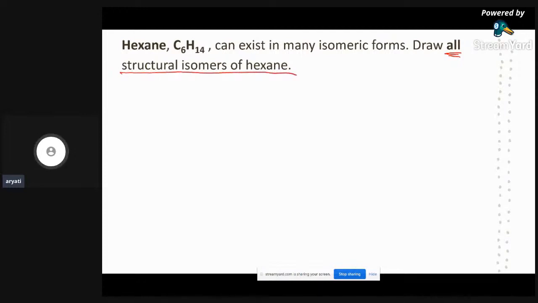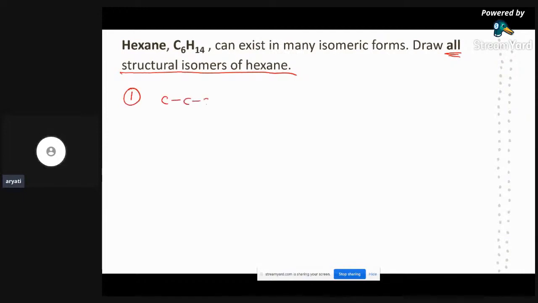So macam mana kamu nak lukis? Make sure kamu lukis ada 3 cara untuk draw the structure formula, whether you want to use the condensed structure, expanded structure ataupun skeletal structure. Okay, so the first structure is